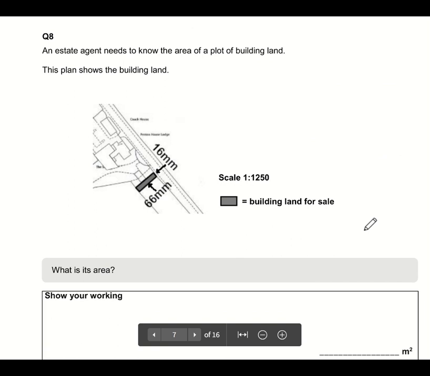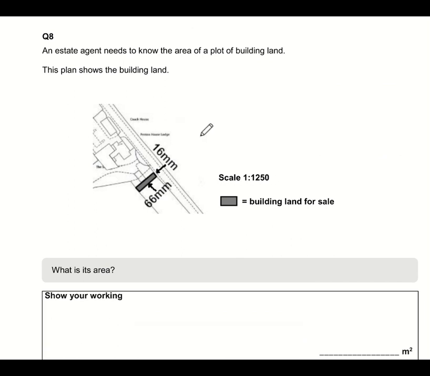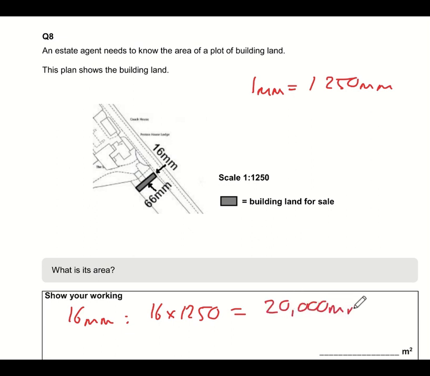Okay, question number 8. The scale is 1 to 1250, so that means 1 millimeter on the drawing equals 1250 millimeters in real life. What I would do first of all is convert these lengths into real life lengths. So 16 millimeters in real life is going to be 16 times 1250, which is 20,000 millimeters. And the other dimension for the 66 millimeters is going to be 66 times 1250, which is